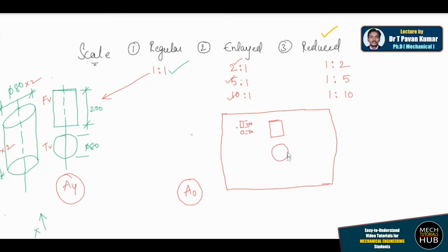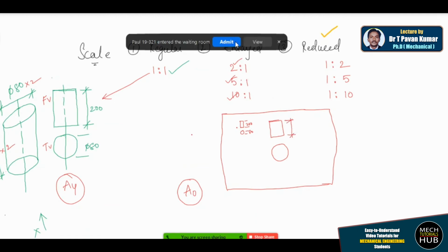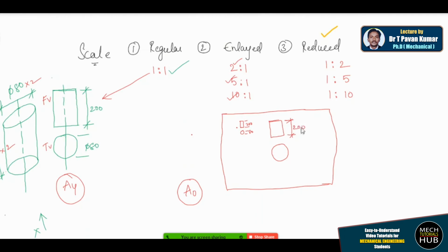All right, visually it is very clear that this is a rectangle of 200 by 80, and this is a rectangle of 400 by 160 and a circle of 160. That information we have. But one more important point to be noted: we have enlarged the representations just to make the other person understand. Now when you show the dimensions, you are supposed to show the actual dimensions. What are the actual dimensions? This is supposed to be 200 and the diameter is 80.